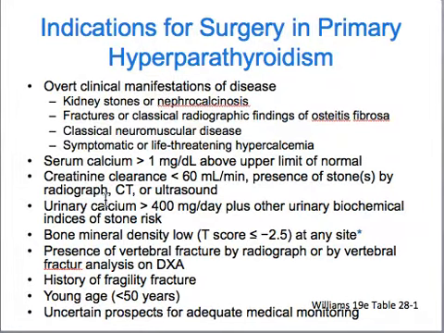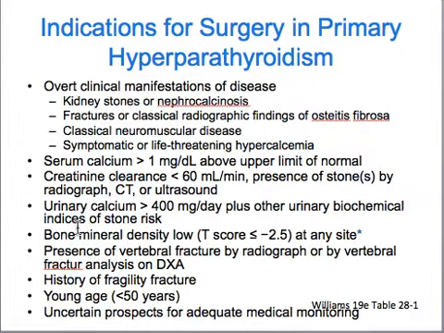So these are the different indications. If you have overt clinical manifestations of disease, let's say kidney stones, CKD, neuromuscular disease, life-threatening hypercalcemia. If you have a serum calcium more than 1 milligram per deciliter above the upper limit of normal. If you have a creatinine clearance of less than 60, presence of stone, either by CT, ultrasound, or X-ray. If you have an excessive urinary calcium excretion at more than 400 milligrams per day, increasing the risk for